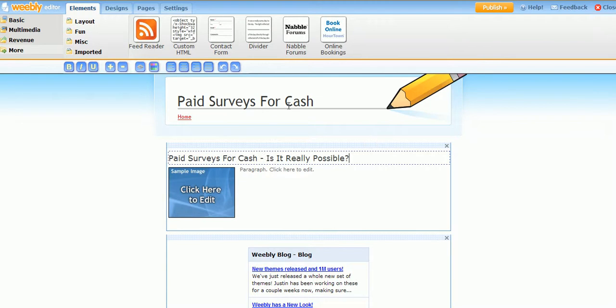So paid surveys for cash dash, is it really possible? That is what it should say, something like that. If it's weight loss, weight loss in 10 days, is it really possible? That's whatever niche you happen to have picked through ClickBank, or maybe it's the Nintendo Wii system. Is it possible to buy it still at Christmas time? So whatever keyword, whatever product, whatever service, try and get that into the title as I instructed in the previous